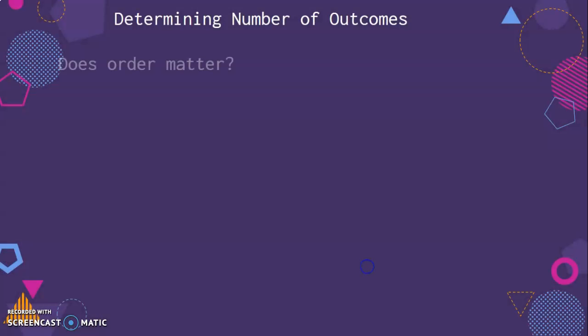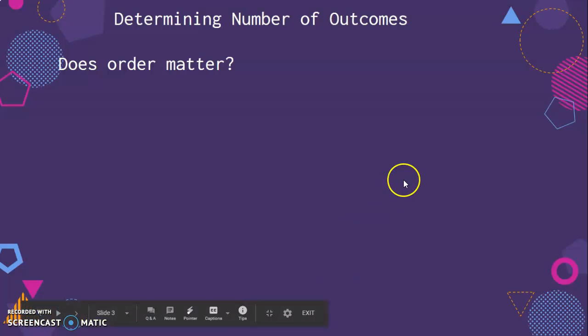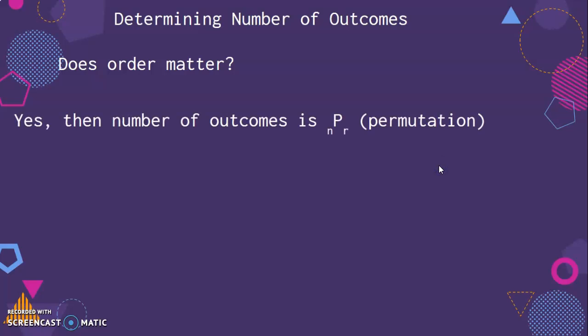Now we want to ask, does order matter? Here's where we're going to find the number of outcomes without listing them out, because that would be too much work, and we don't want to do that. So we just want to determine whether order matters, and that will show how to calculate it. If yes, the order matters,